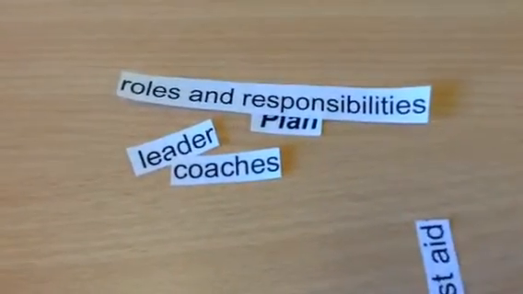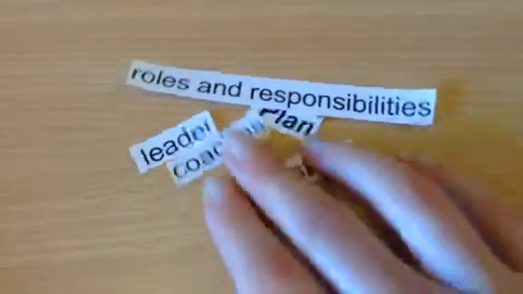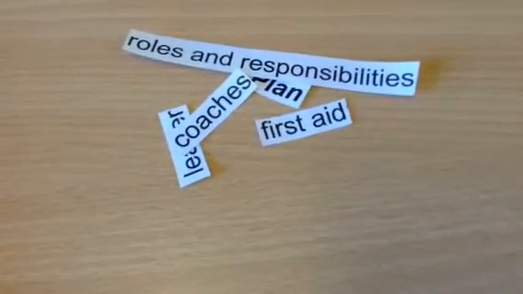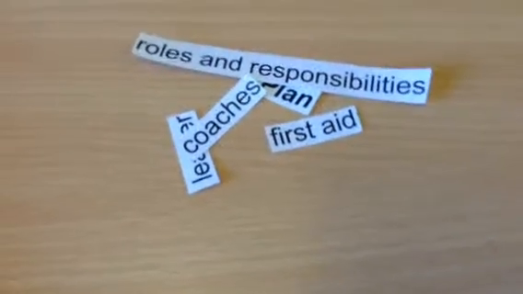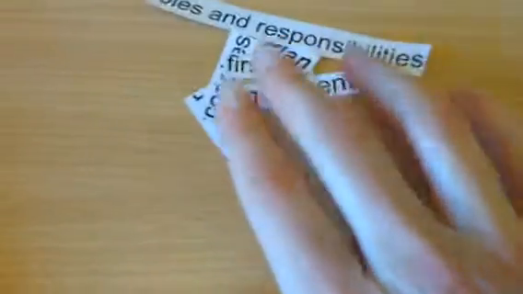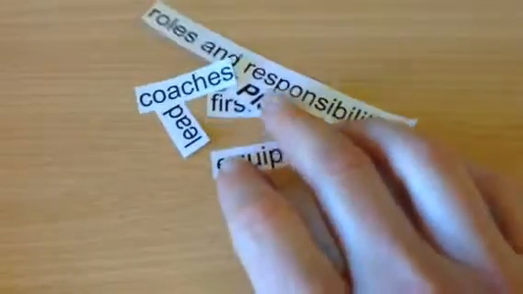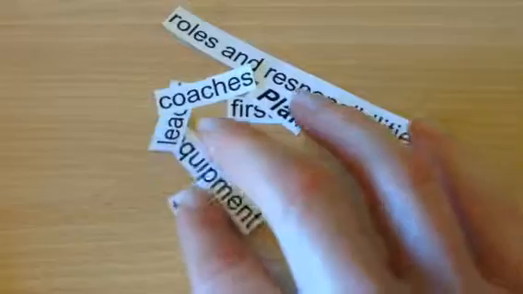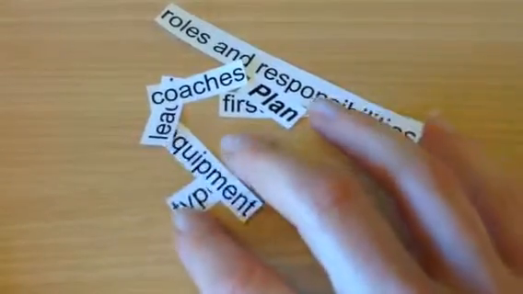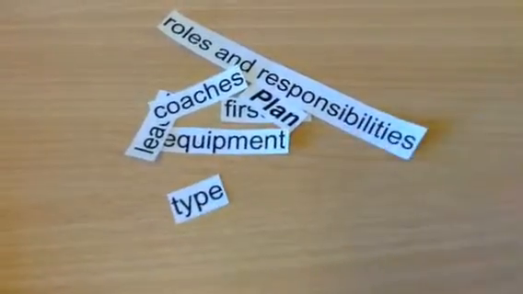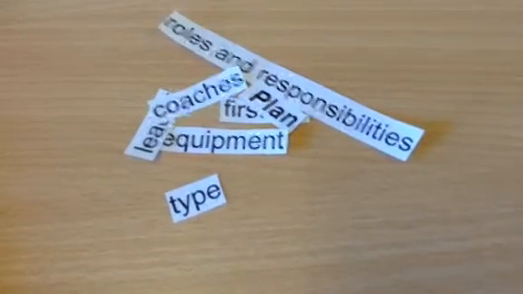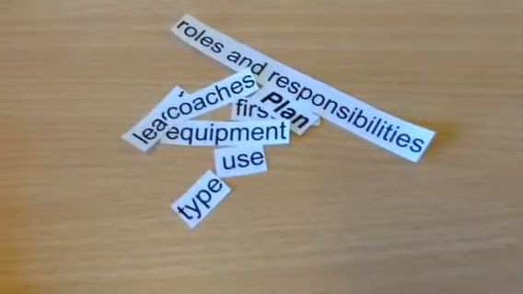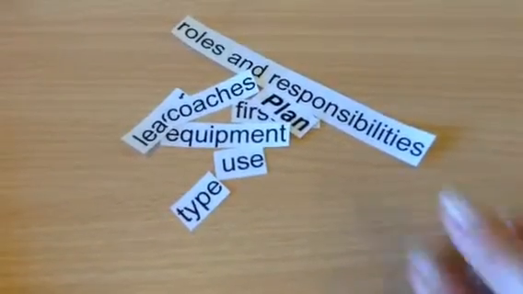plus. I would also make sure that first aid is in place and that the first aiders are fully aware of their roles and responsibilities. The next thing I'd look at in my plan is making sure that the equipment is all correctly maintained and safe. I would look at using the correct type of equipment, so I would be making sure that, for example, I was using short tennis rackets if they were a toddler's group. I'd be looking at how the equipment was used during the process of them doing their activity.